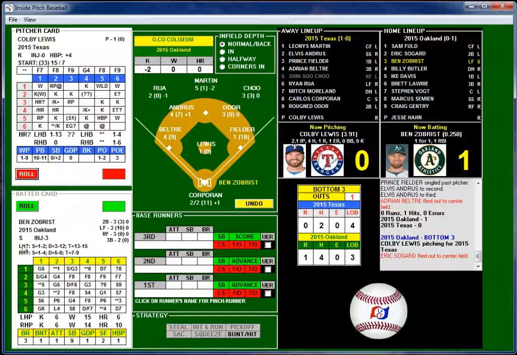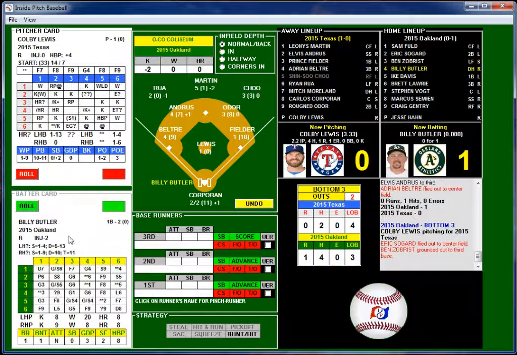He's a switch hitter, so he'll be batting left today. 54, and still no strikeouts. 23 is a ground ball to Beltre. Beltre over to Prince Fielder. That's out number 2. Billy Butler, 0 for 1 today.